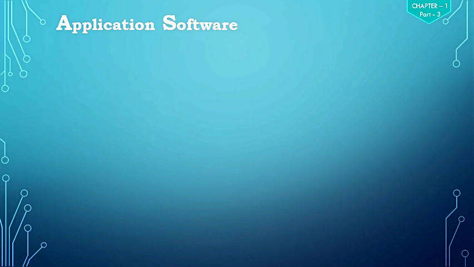The system software provides the core functionality of the computer system. However, different users need the computer system for different purposes depending upon their requirements. Hence, a new category of software is needed to cater to the different requirements of the end users. This specific software that works on top of the system software is termed application software.